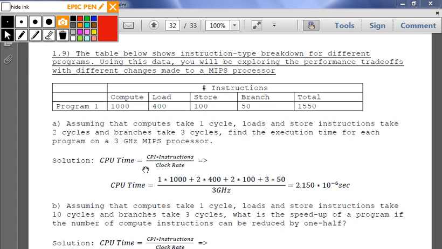So I know the number of instructions, I know the number of cycles, so I know cycles per instruction, because it's defined by cycles per instruction for each instruction type, like branch. And I know the clock rate. I can figure out CPU time. So I have cycles per instruction, multiply that by the number of instructions, so now I have cycles, and now I also have cycles per second, right? So if I divide cycles,